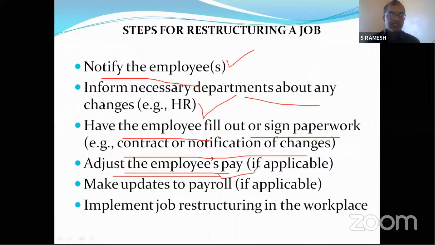Implement the job restructuring. We are going to take up and fill up all the paper